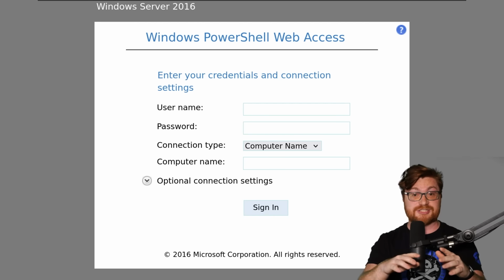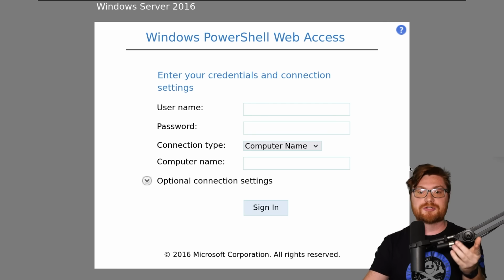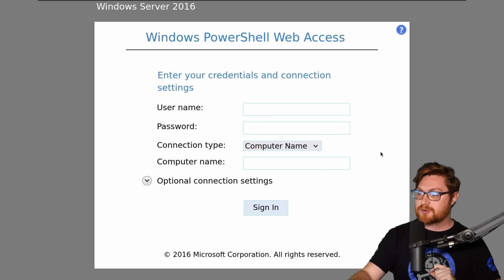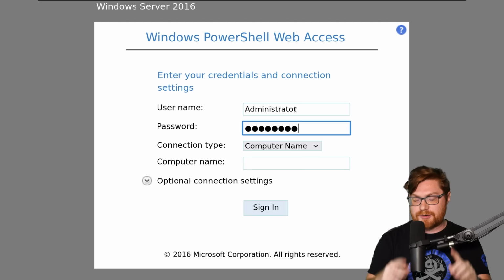Operating all over HTTPS, so encrypted communication, requiring authentication like legitimate, real, genuine credentials for domain users or local users on that host. And it's kind of funny to me because it's like a web shell. But look, let me try to log in here. Say I were to enter administrator as I know the password that I know,